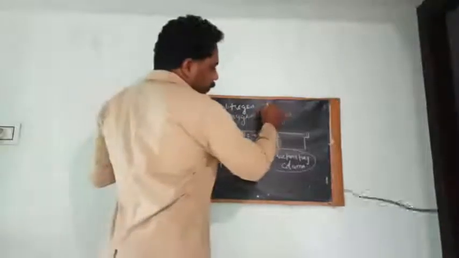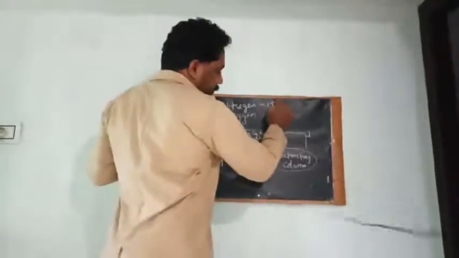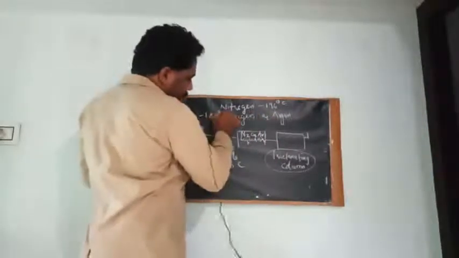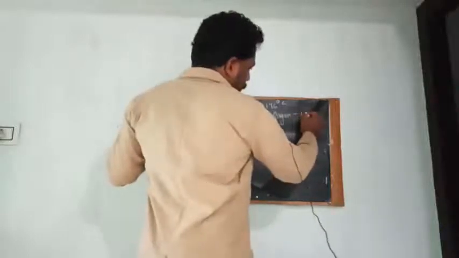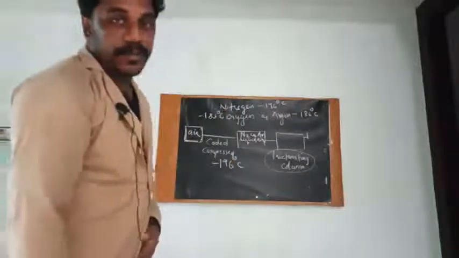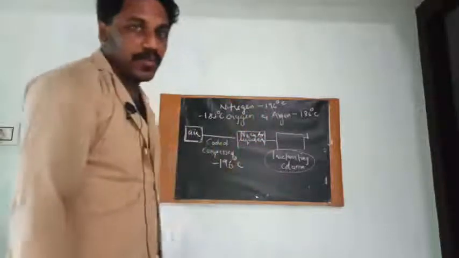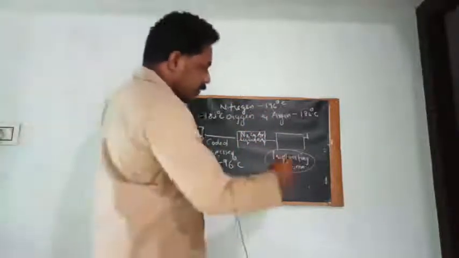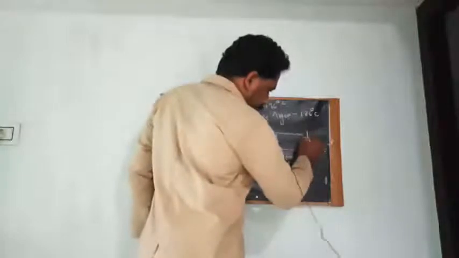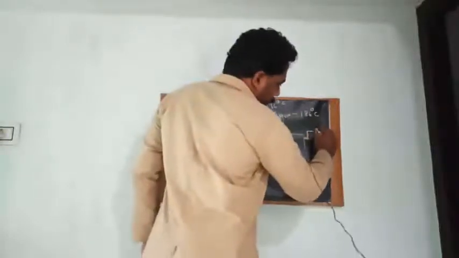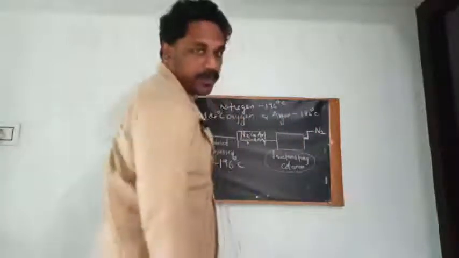Nitrogen boiling point is minus 196 degrees Celsius, and oxygen it is minus 183 degrees Celsius, and argon it is minus 186 degrees Celsius. So which one is having lowest boiling point? Nitrogen, right? Minus 196 degrees Celsius. So the gas with lowest boiling point will come out first from the fractionating column,